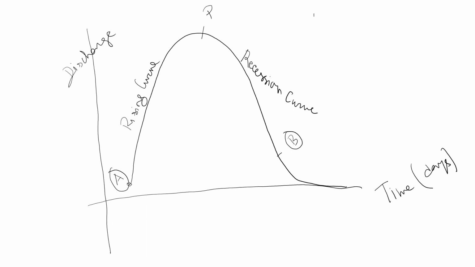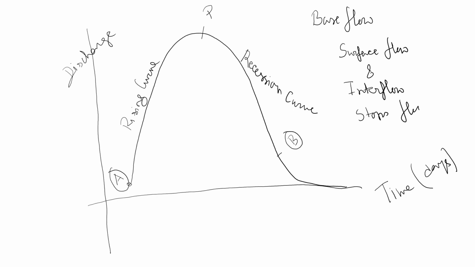So what is base flow? Base flow is the flow which begins after the surface flow and interflow totally recedes. That means stops flowing. After these two flows stop flowing, base flow starts to flow. So all these are flow, but